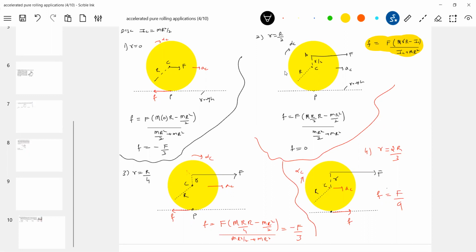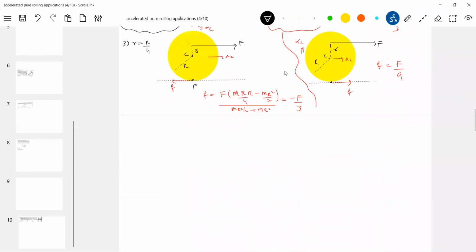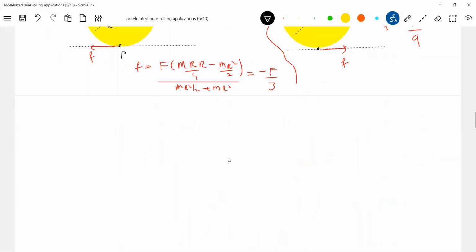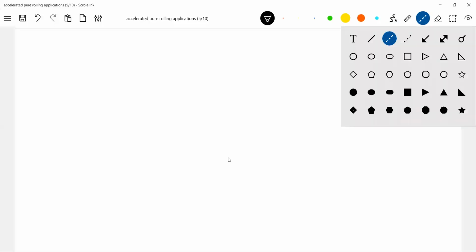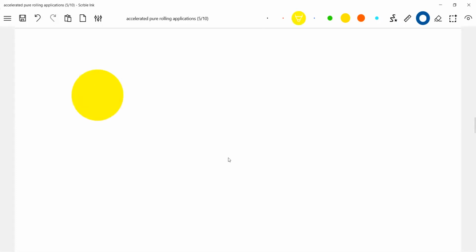So IC, what is IC is equal to? Friction should be 0, no? For that, can you assume the value of small r? 2R by 5. So therefore, similarly for solid sphere, what all we discussed with that. Next, we'll take the solid sphere. Where is the threshold point for a solid sphere? It's telling it should be 2R by 5.